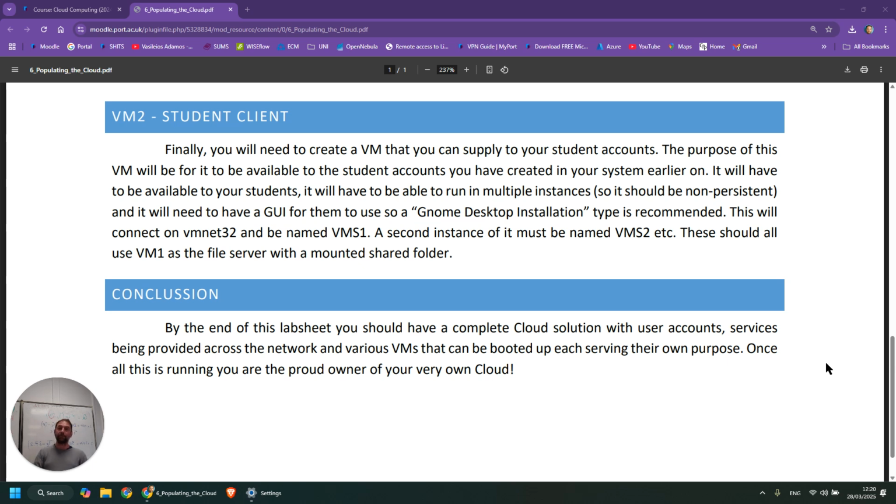From there on, if you meet the minimum requirements of building NFS, so file sharing and everything, and that works, and there is segregation between the students and the lecturers, you can go up to 80%. If you configure LDAP, you can go up to 90%. And then if you can do anything else, which is your idea on top of that, you can go up to 100%. This is, of course, assuming that you have the perfect documentation in your logbook